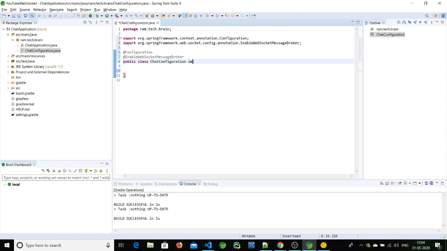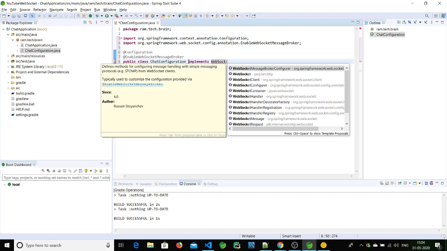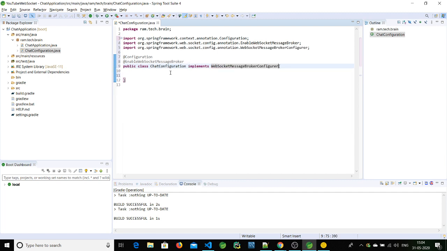So let's implement it. It will suggest WebSocketMessageBrokerConfigurer. This one we needed, and the very first method we are going to override is registerStompEndpoints.